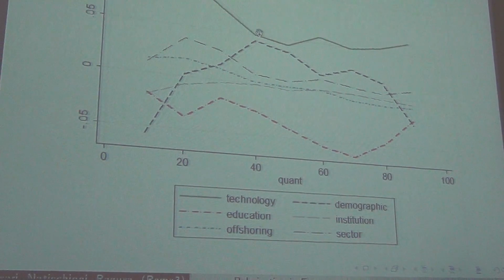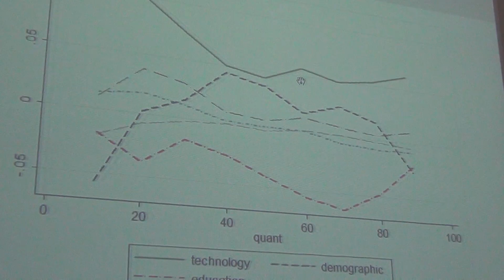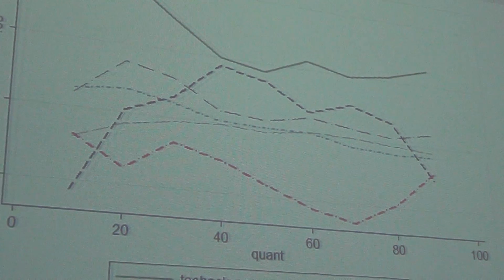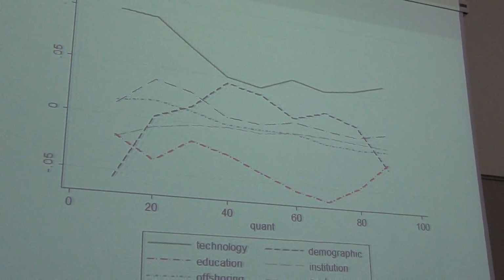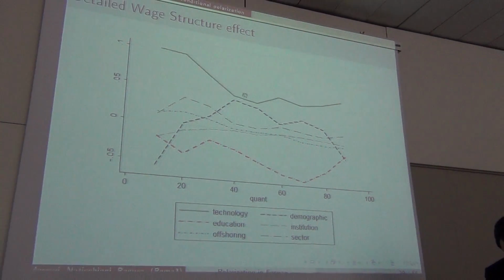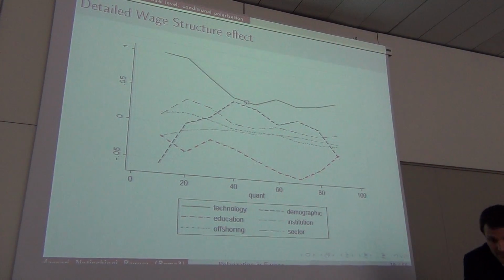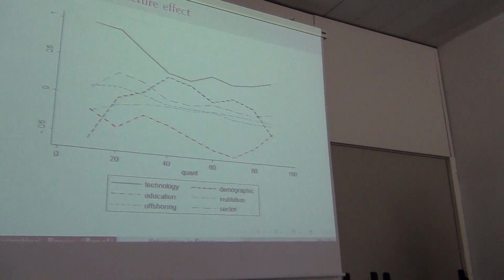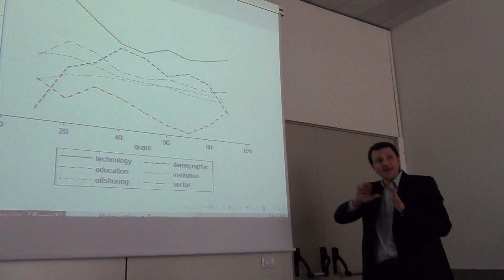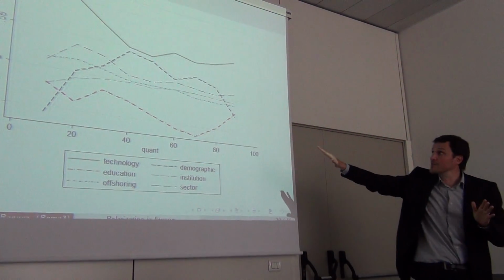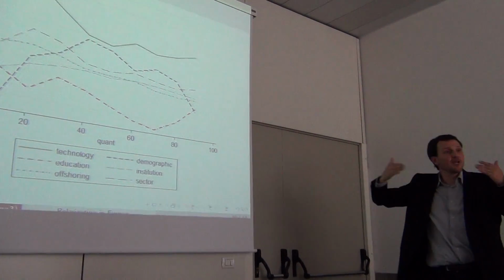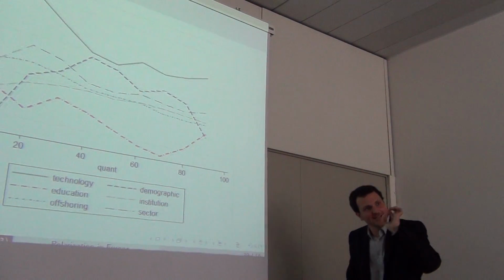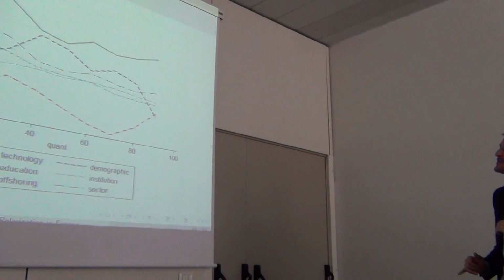The green line is the technology curve that is the sum of services, routine, and abstract, these three variables. It is a little, especially in the lower tail, polarizing in the sense that this curve is telling us, keeping constant the distribution of covariates, keeping constant the distribution of the beta or all other variables, how the distribution of wages would change only if technology parameters change. Okay, it's identifying just the impact of the parameter of technology.